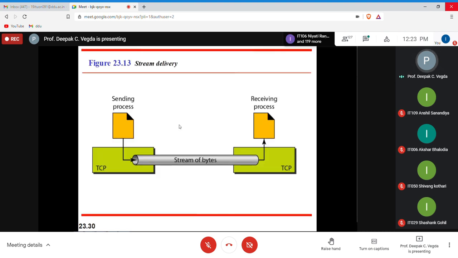I was explaining flow control, and you know it. If this person is transmitting data very quickly, your slower receiver will not be able to receive data at that speed. So it stores the data in a buffer and reads it at its own speed.